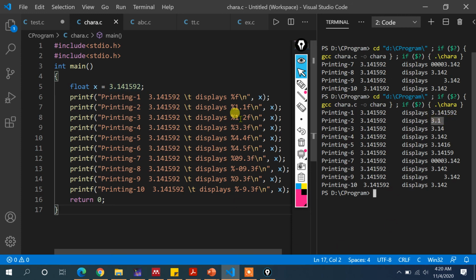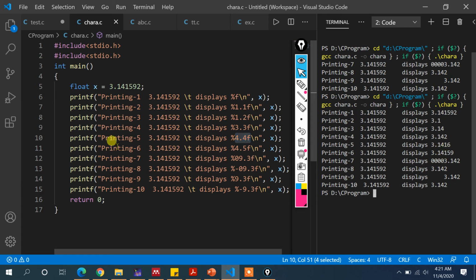Now in the next case you can see %1.2f, 2 numbers get displayed, that is 3.14, and whenever it is %1.3f, it is displayed as 3.142, rounded off. Why is it rounded off? Because after that 1 there is 592, and 5 is greater than 2, that is why it is rounded off. But whenever you write %4.4f, what will happen?